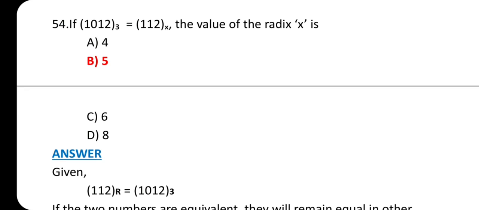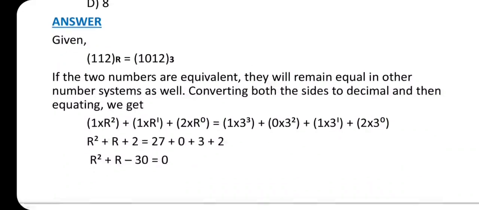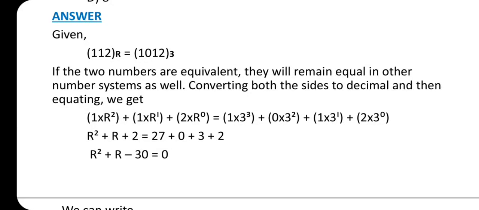If the two numbers are equivalent, they will remain equal in other number systems as well. Converting both the sides to decimal and then equating, we get 1 into r square plus 1 into r plus 2 into r raised to 0 equal to 1 into 3 raised to 3 plus 0 into 3 raised to 2 plus 1 into 3 plus 2 into 3 raised to 0, that is r square plus r plus 2